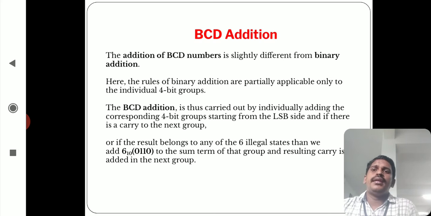To add any two BCD numbers, first we have to follow the set of rules, adding each 4 bits separately. The BCD addition is carried out individually, adding the corresponding 4-bit groups starting from the LSB side, and if there is a carry to the next group. If for example